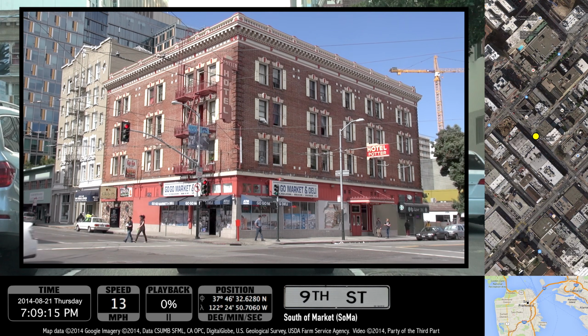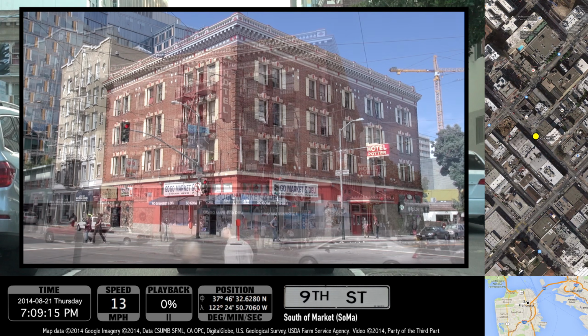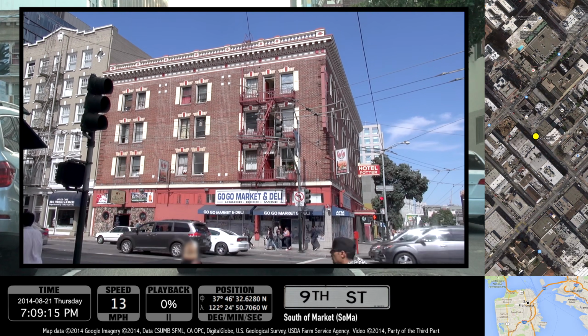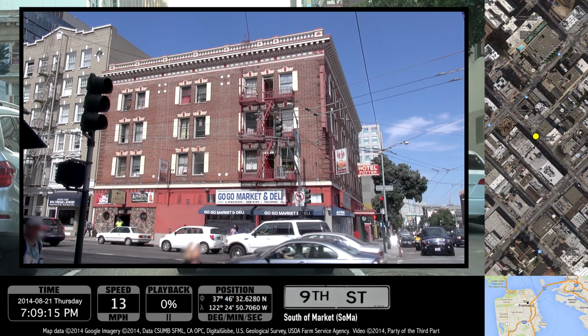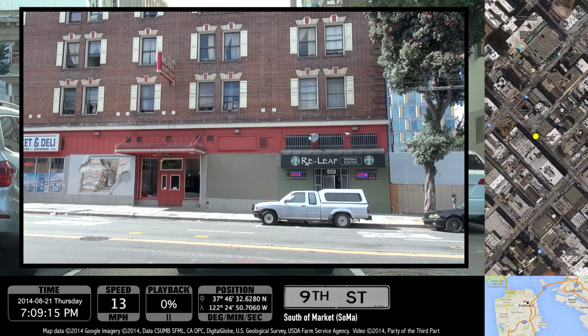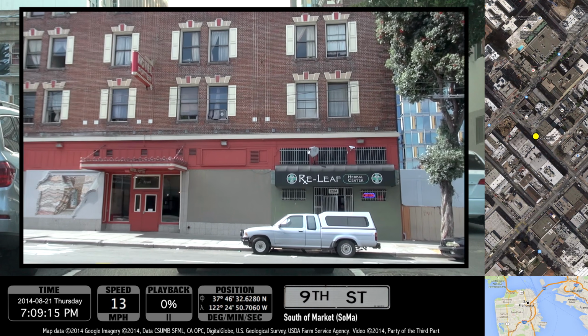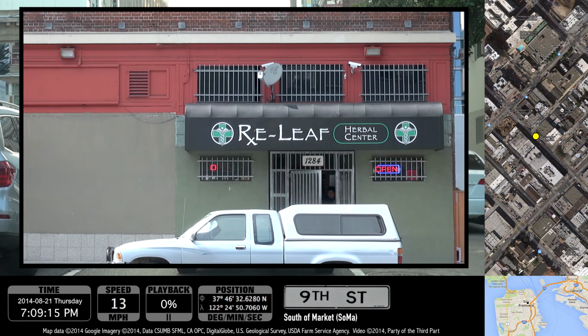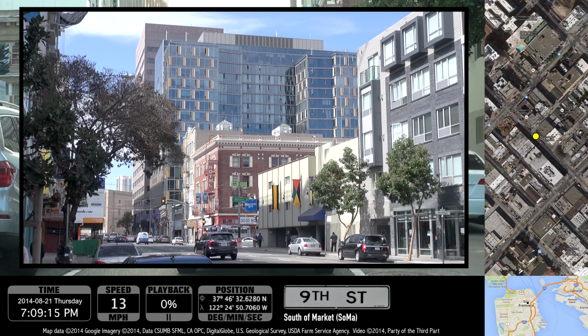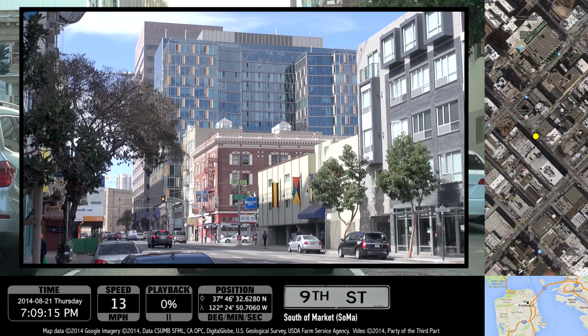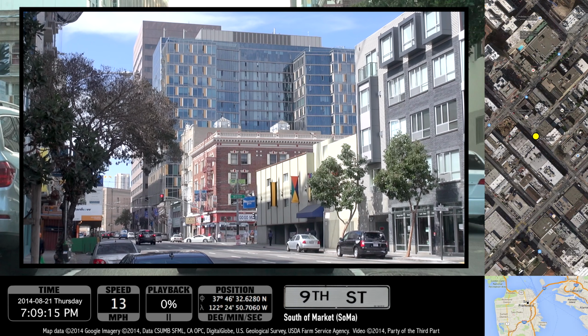You see most of these types of hotels in the Tenderloin, but they are in other places too, such as here in SoMa. I believe that the rent at this one is around $200 per week for one person in a single room. And there's a marijuana dispensary on the ground floor, so that's convenient. It's interesting how this old building contrasts with the newly built expensive high-rise condos directly behind it.